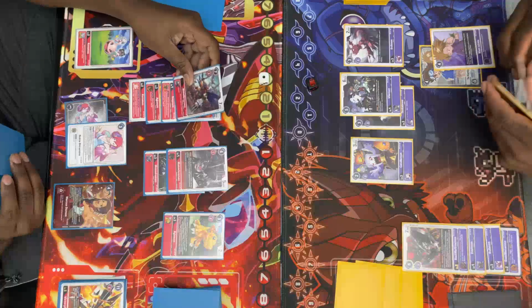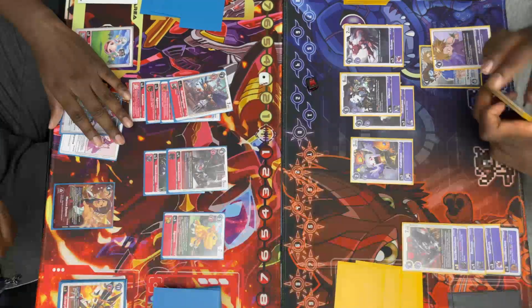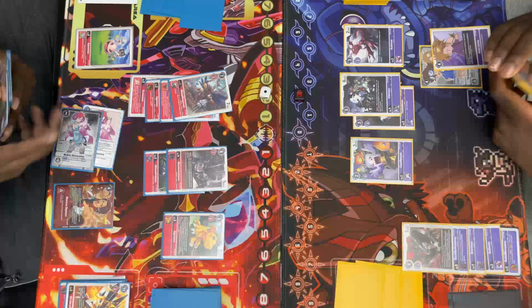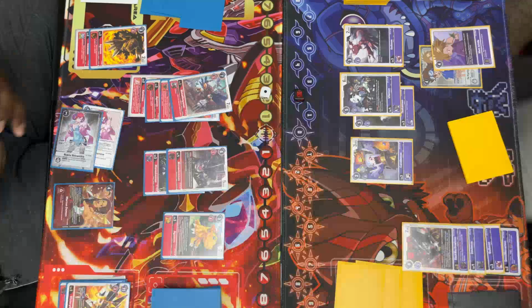But at the same time, because I have Tamers, I'll be able to still gain my memory no matter what. So there's really nothing he can do to choke me per se. Because even if he goes to 2 right now, having tapped both Nokias, no matter what he does, any WarGreymon Mega that he goes into would pass turn to me. So